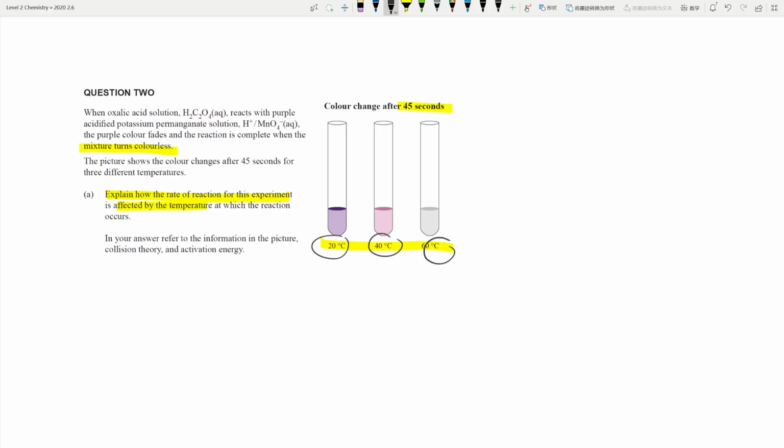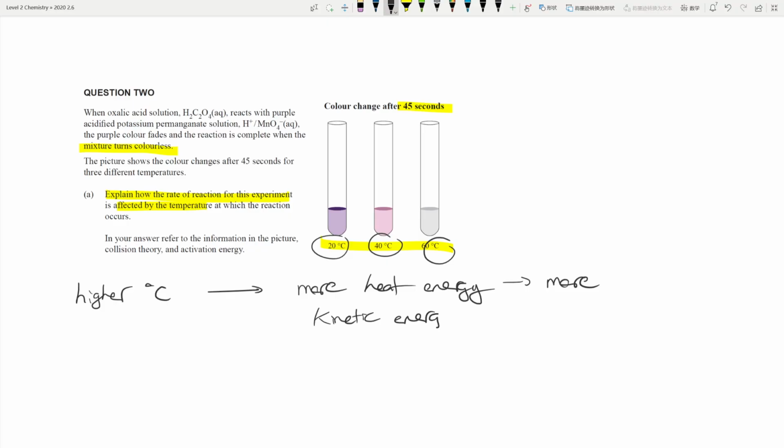I think I recorded this before, but I can't remember. But higher temperature results in two things. Higher temperature means two things. First of all, there's more heat energy. Therefore, the particles have more kinetic energy. They travel with more kinetic energy, so they move around more. We can find a long answer down below. They move around more, so that means they're more likely to collide. So more likely to collide, and therefore there's a higher frequency of collision